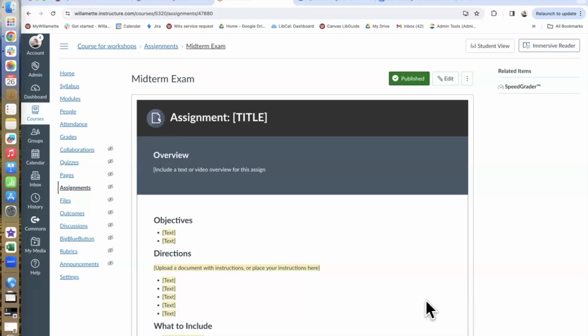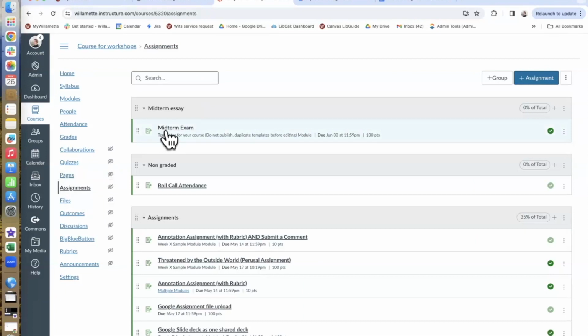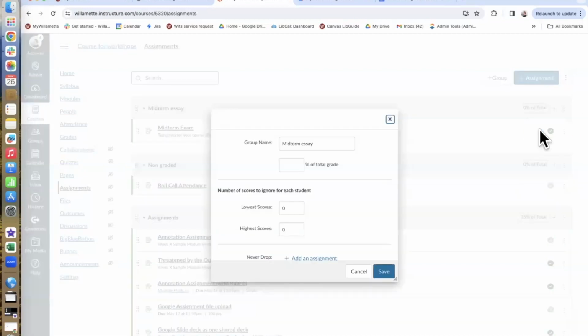When we are making this assignment from the template, I added graded category and I did not specify the weight. So in order to do this, I need to go back to my assignments. Here is my midterm essay that I just created, and it is a 0% of a total grade. To change it, I'll click on three little dots here, edit, and give the weight to this category